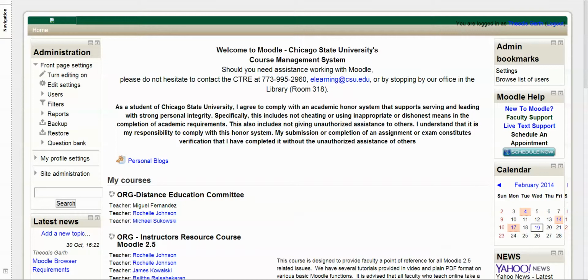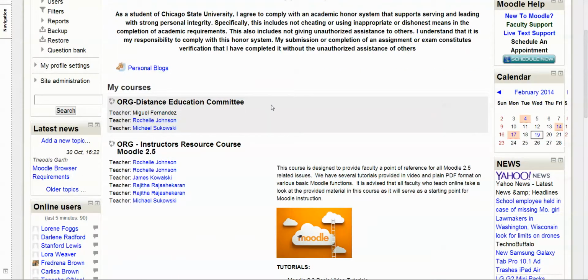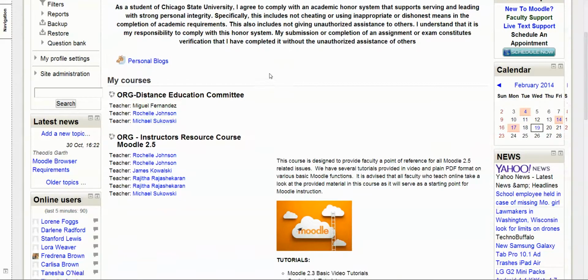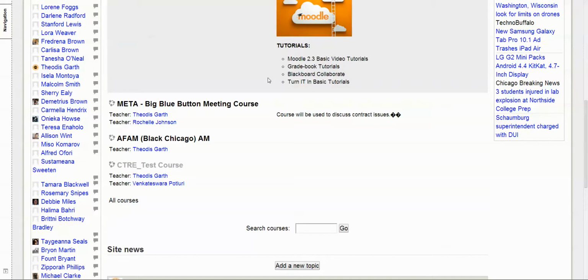My name is Theodis Garth, and today I will be doing a quick, brief overview of what the Moodle Gradebook is about and where to get to the Moodle Gradebook and use basic functions for faculty members. Okay, basically the Moodle Gradebook is an option in every Moodle course shell that is available for faculty to teach in. What I'm going to do for the workshop today is show you where to locate the gradebook and how to add grade items, categories, and show you basic functionalities that instructors can use to track the progress of their